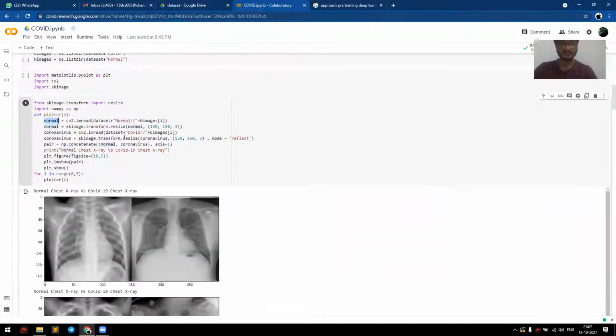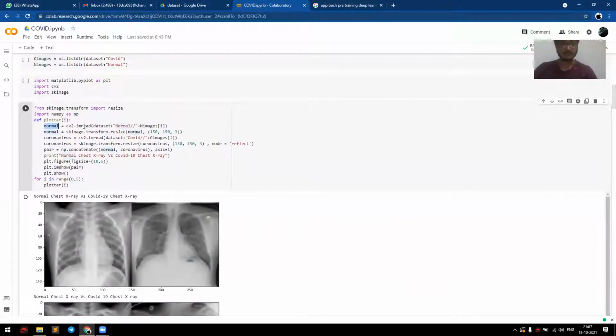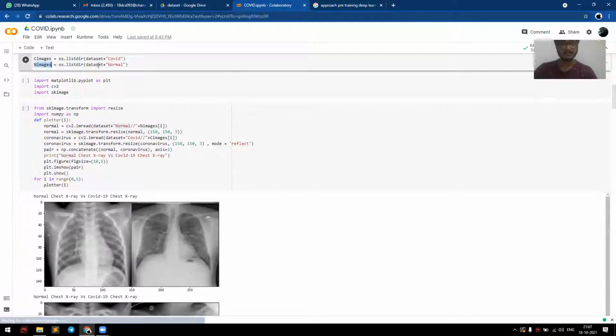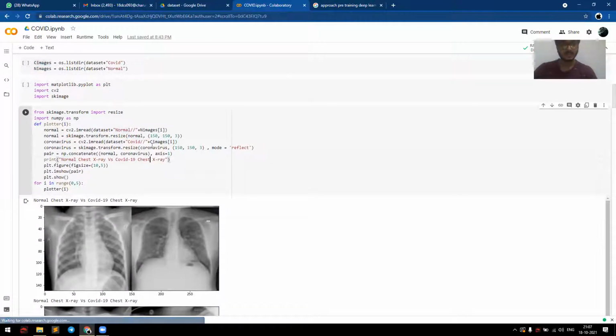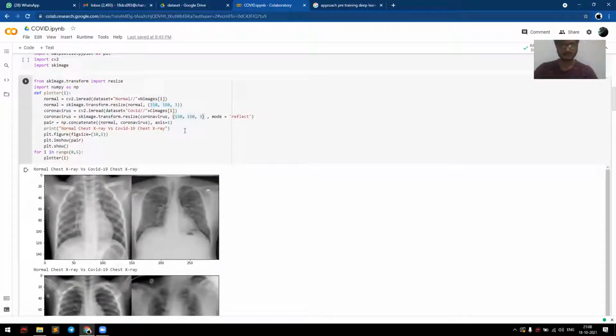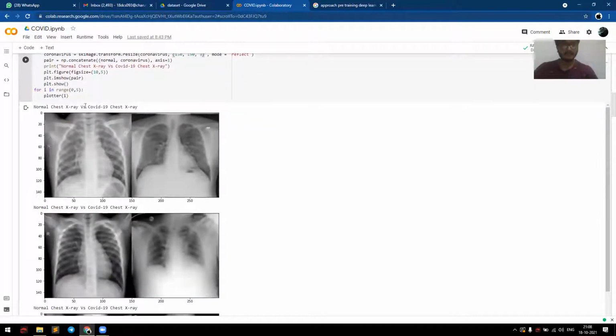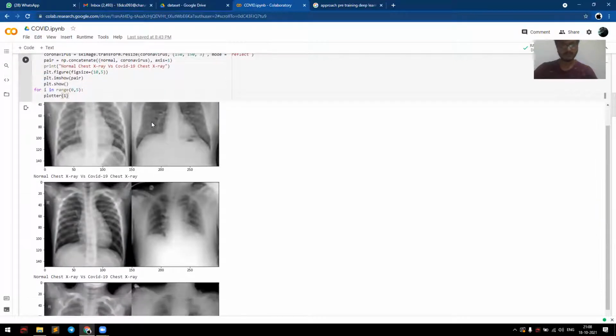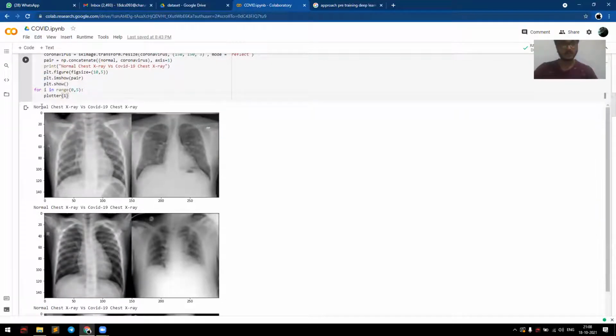Firstly, I will use CV2 to read the normal dataset in the N images. You can see this normal and C images as well, and I will take size as 150, 150, 3, because we have to convert them into the same size, as I said. I use PLT to plot my X-rays, and you can see the normal chest X-ray versus the COVID chest X-ray.